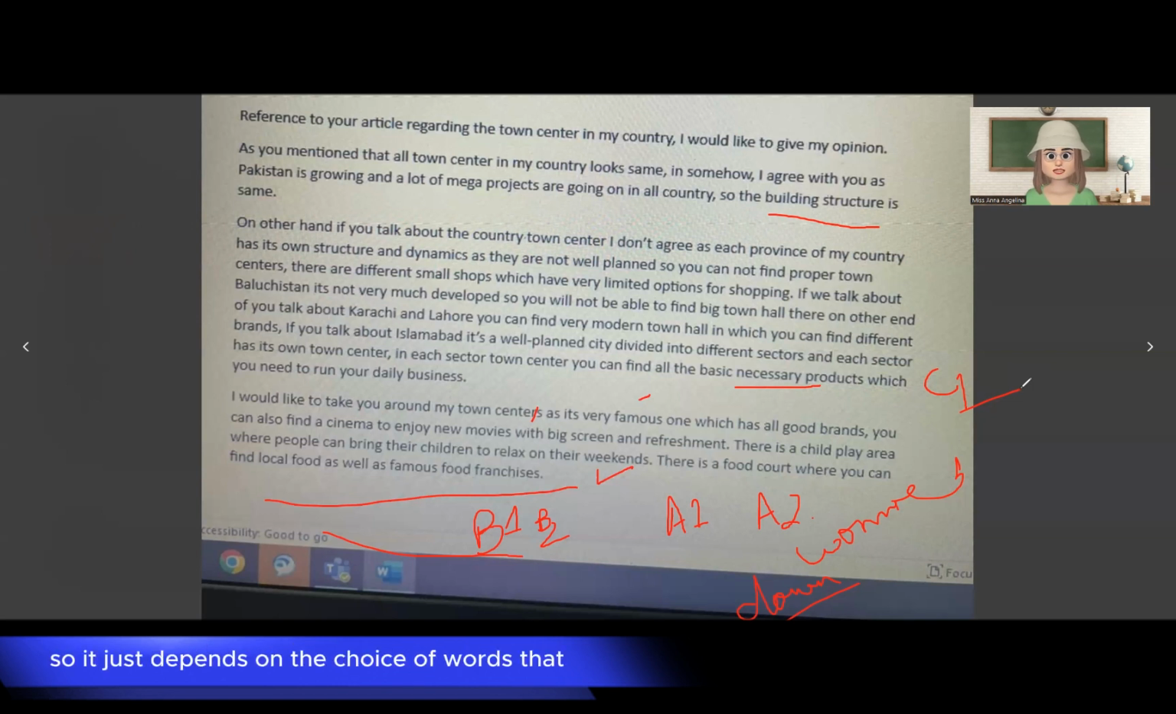So it just depends on the choice of words that you're going to have, but with clarity. Sure. So for task 1, I hope you understood a lot of things. Now more practice would really help you. Now it is time for us to read question number 2. You will